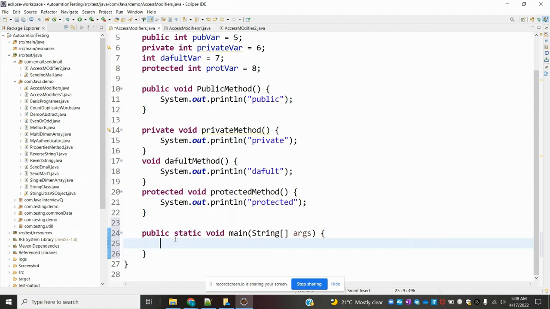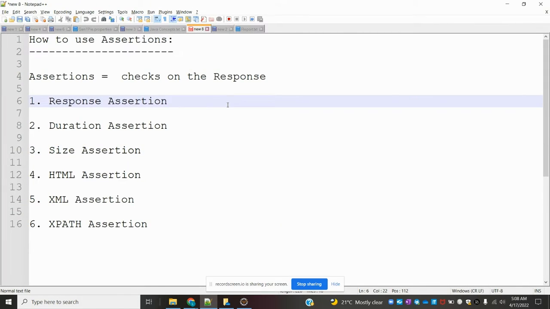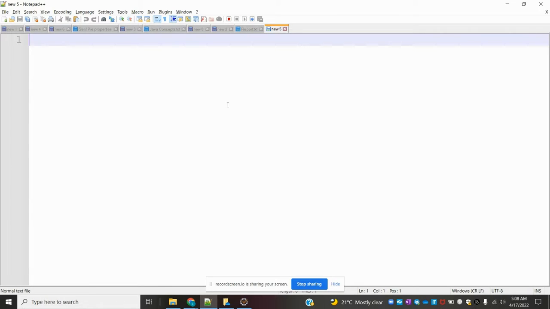We can create an object, and with that object we can access all these methods, correct? To work on that, we can see one more option, like access modifier